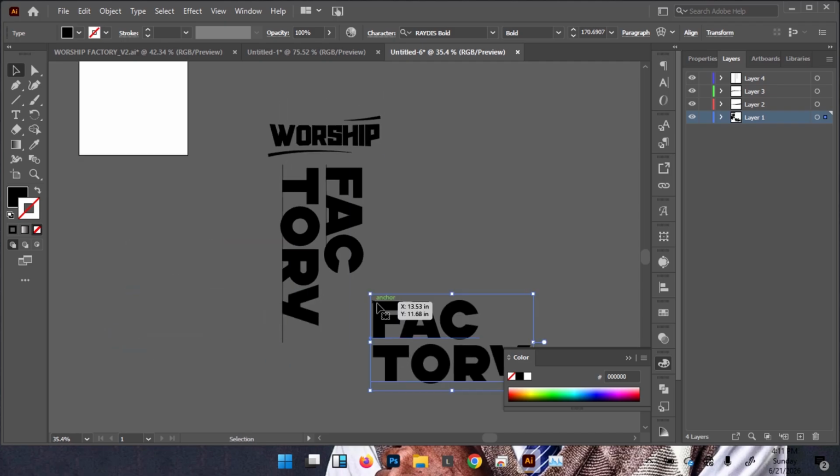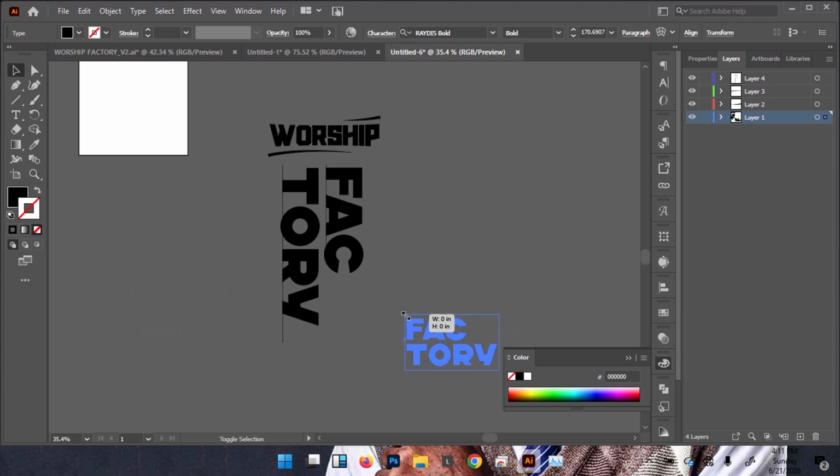Then hold Control Shift, and left click and drag inwards. You see, Control Shift, left click and drag inwards. When you drag to your right, it reduces. When you drag to your left, it increases. So like so. Double click and type